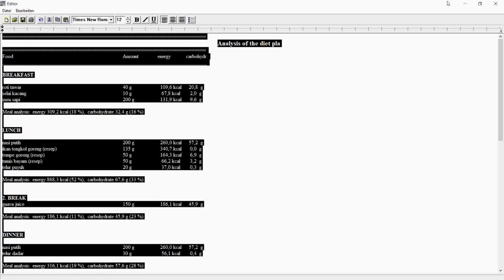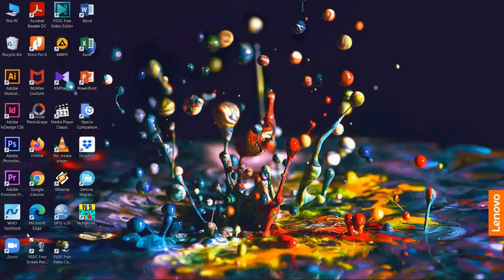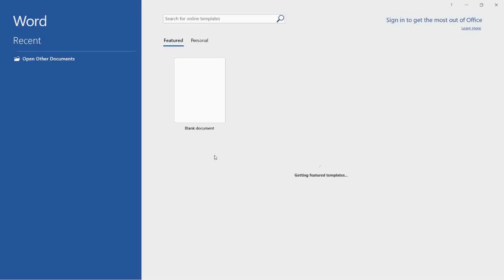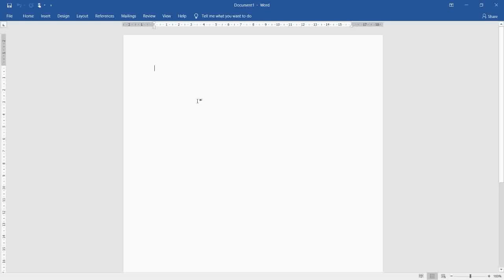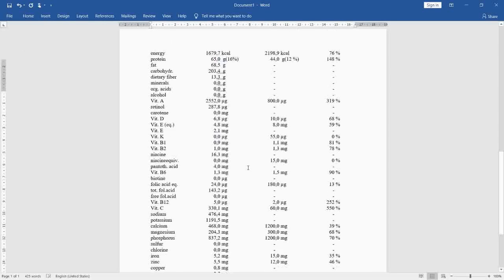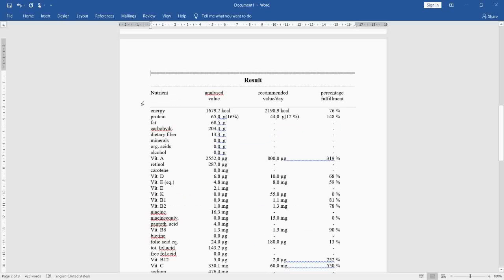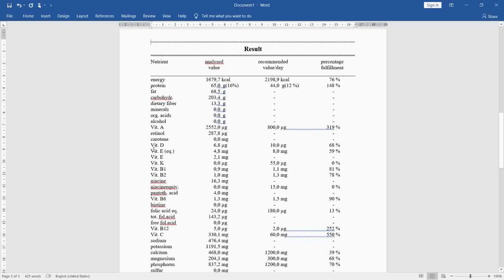Then we open Microsoft Word, a new sheet of Microsoft Word, and then paste the document. So this is the result of the individual report. You may save it. So we're done with this step on converting food into nutrient intake.